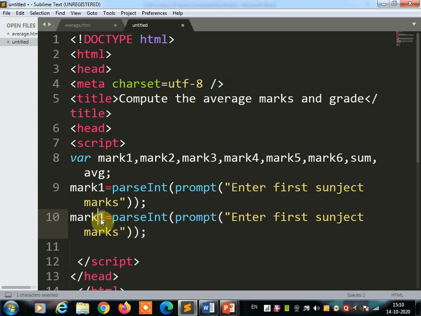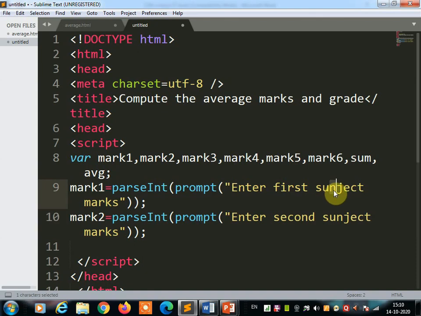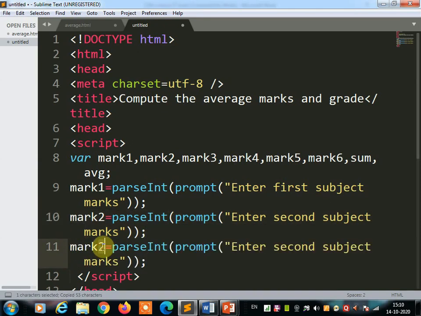So instead of writing, just copy and paste it and make the changes. Mark 2 parse integer prompt, enter second subject mark instead of first, again copy and paste, third subject mark.